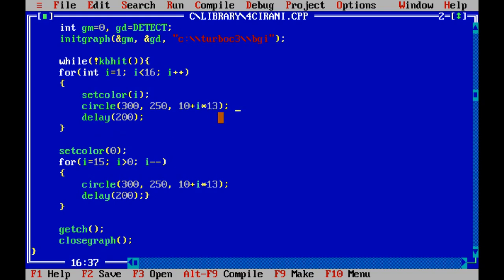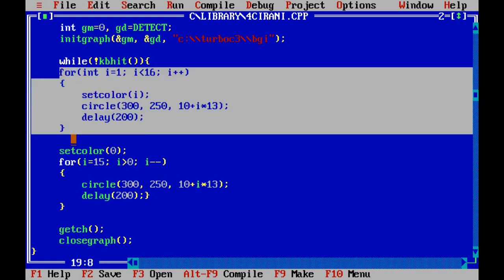After drawing the circle, it delays 200 milliseconds. The delay function waits the program execution. Okay. So this for loop draws 15 concentric circles with different colors, and each circle is generated after 200 milliseconds and it looks like animation.